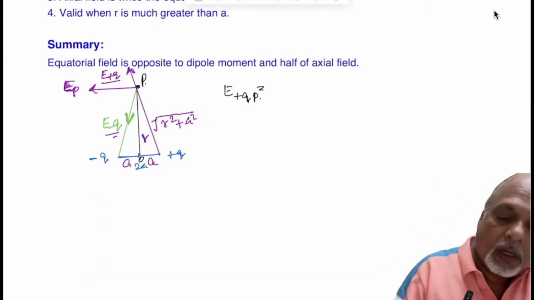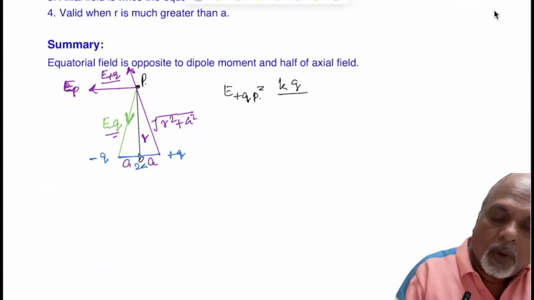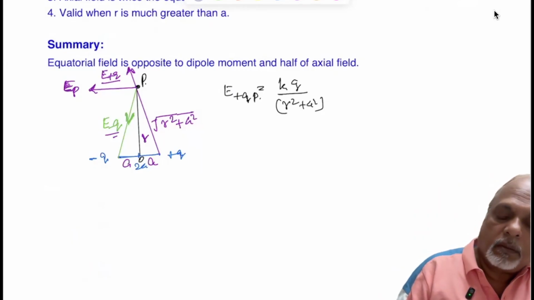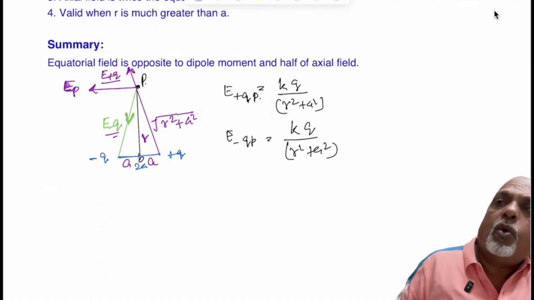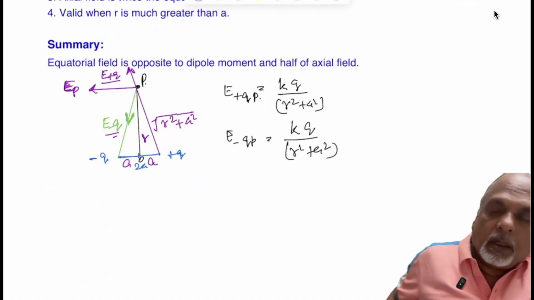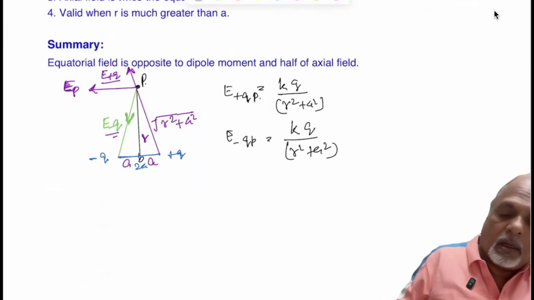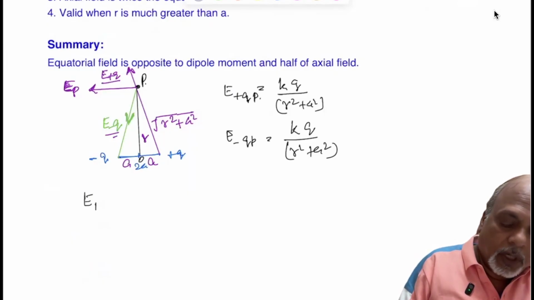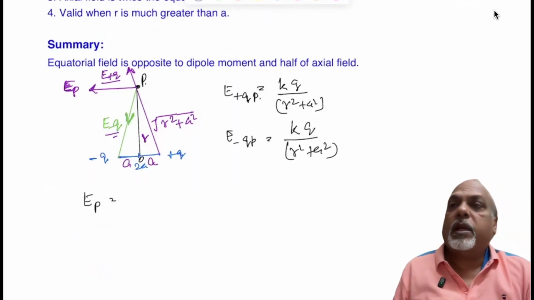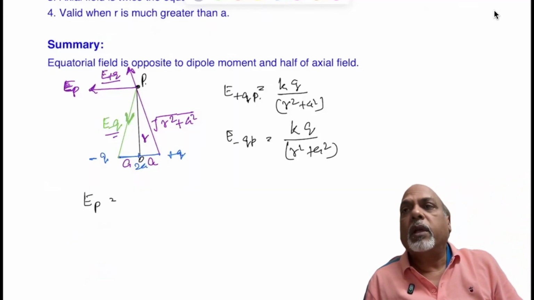That is KQ upon R square plus A square. Correct? And that is KQ upon R square plus A square. Just see, both the fields are equal. Correct? So what is the resultant? EP. The resultant of this will be